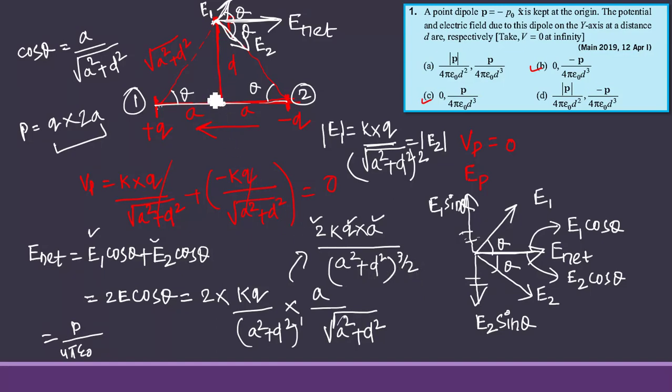See, in these cases the distance a is much smaller than d. So a will always be very less than d, and in this equation we can omit a. So a square tends to 0, then d square to the power 3 by 2, and the 2 will cancel, leaving d cube. See, this one, C, is correct.